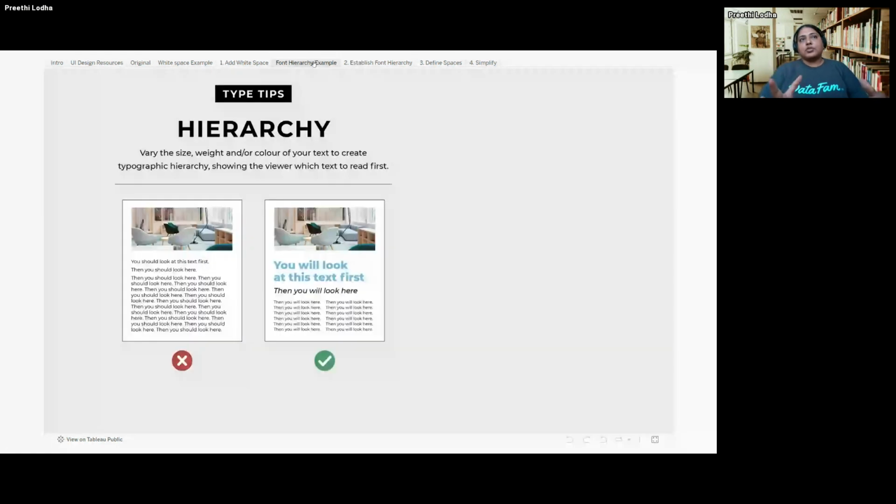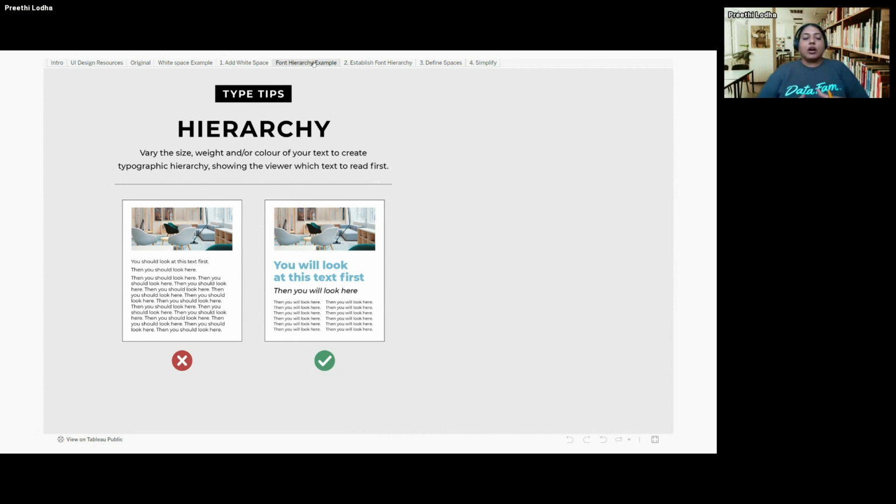What I have up on screen for you are two images, right? When you looked at the first image, where the entire font hierarchy is of the same sort, you probably are not reading through the entire text. You saw the image and you read the text.